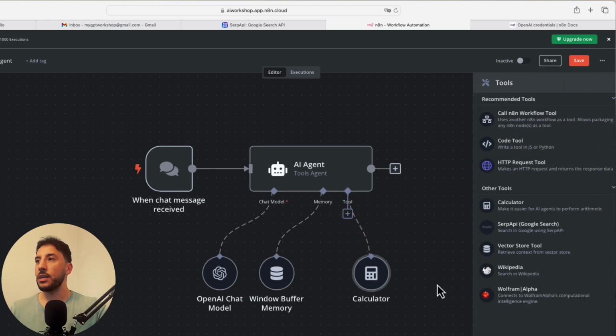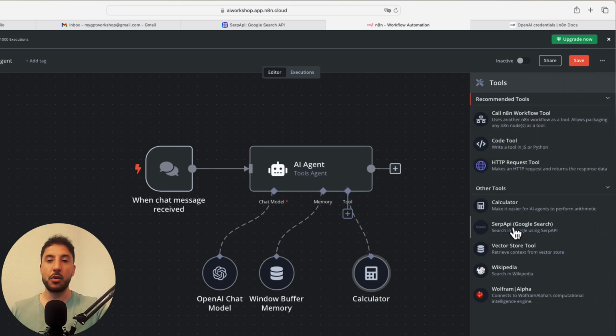The second tool, I'm going to directly attach my SerpAPI directly to this AI agent. And the way to do that is if you come down, one of the tools that n8n is already integrated with is called SerpAPI, and it says Google search on the side. But again, I'll show you in a little bit what SerpAPI is. I'll explain a little bit and why this is a good integration to have.